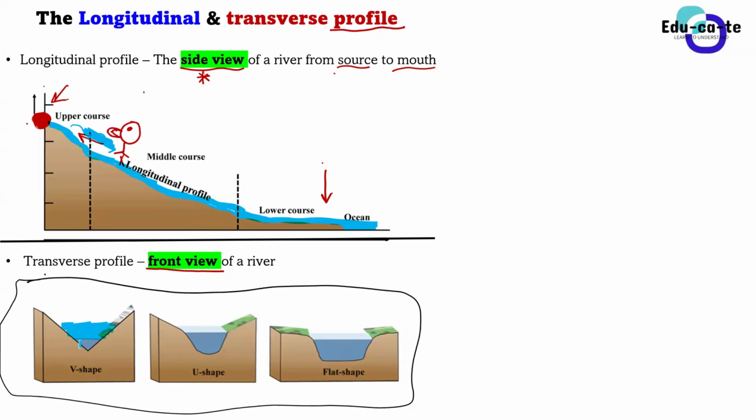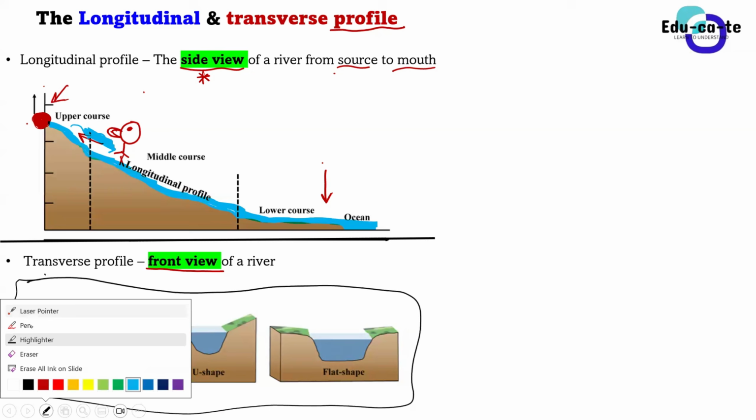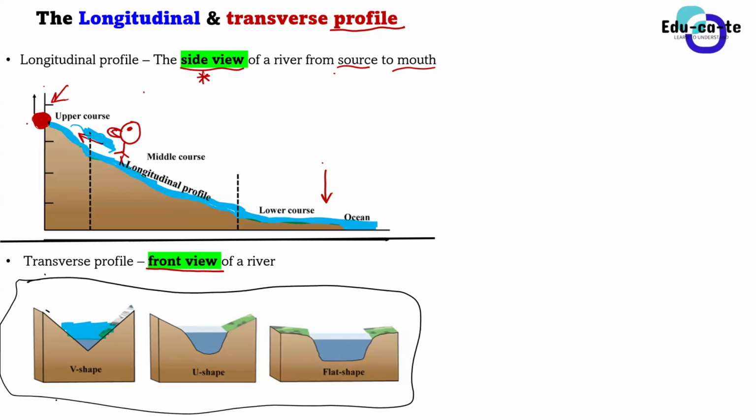So it can happen that your river has got valleys that are V-shaped. It means that the river channel is flowing on an area that has got a shape that looks like a V, like this. Or it can happen that your river is flowing in an area whereby the land looks like a U shape. The valleys of the river look like a U shape. You are seeing all of this. Imagine it, guys. You are inside the river.